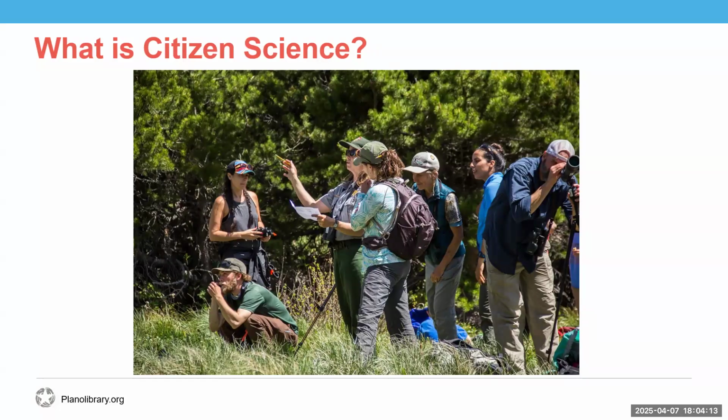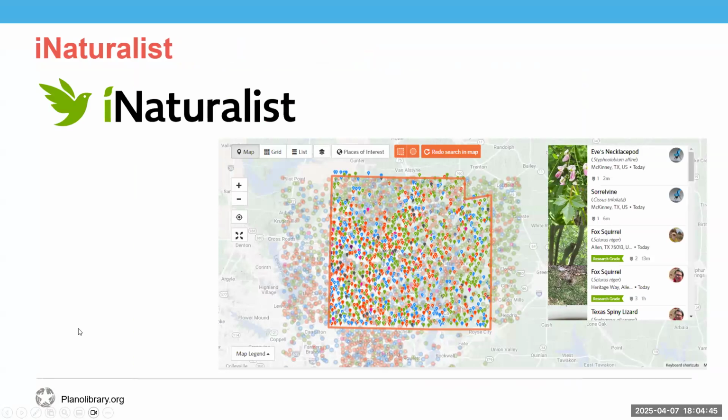You are the expert of your surroundings. You know when something is different or off, and this is valuable when you are doing citizen science projects about the world around you. Citizen science projects do rely on experts to validate observations, and multiple citizen scientists review the same thing so that a trustworthy consensus is reached. So don't let a fear of being wrong hold you back. And now that we've talked about what citizen science is, let's jump into iNaturalist.